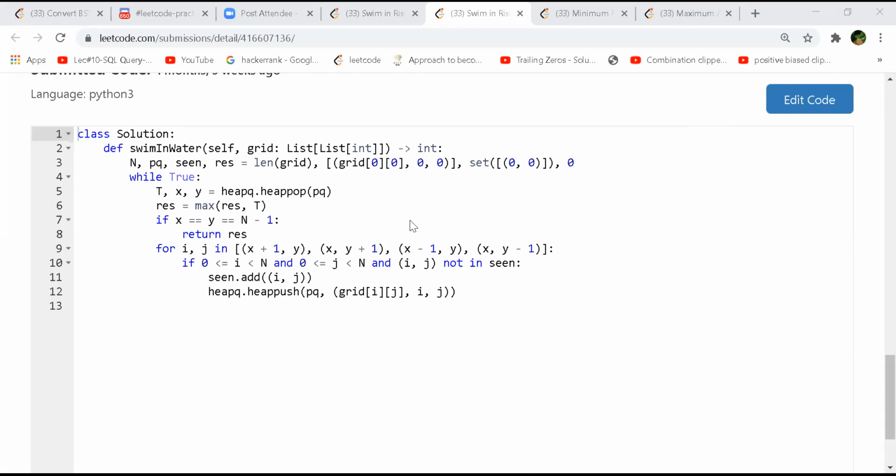Anyways, we need to find the optimal time, which will be the minimum, where we start from the leftmost top end and go to the rightmost bottom end. So if we are going with the heap approach, at each step we take the node with the minimum value in the grid.